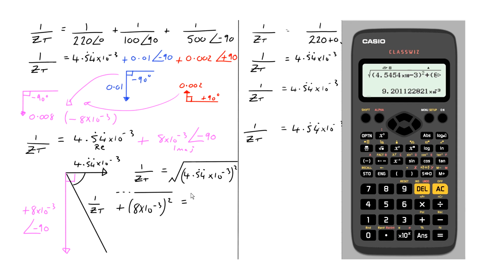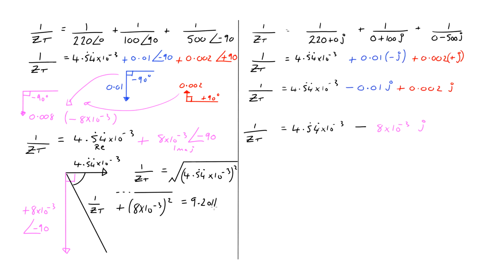And that comes out as 9.2011 times 10 to the minus 3 in polar form at an angle of, we know it's a negative angle